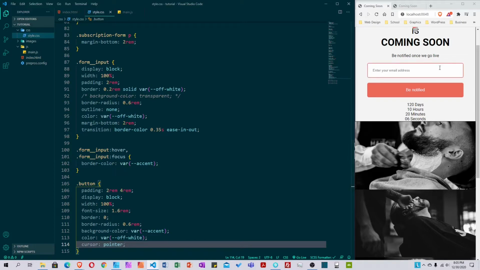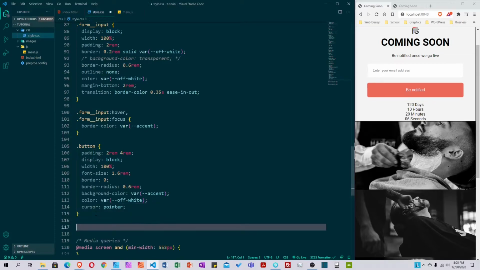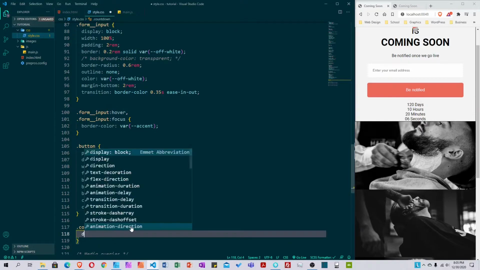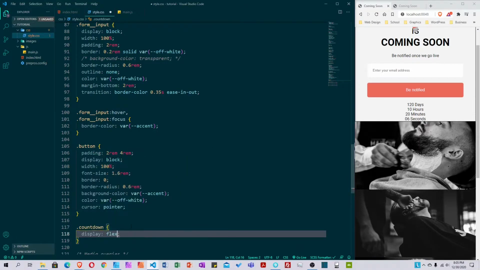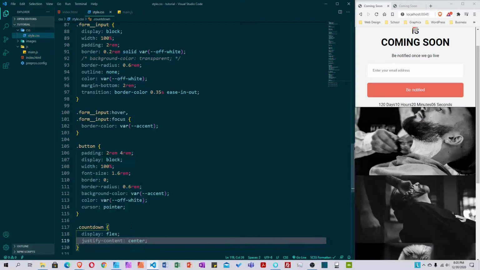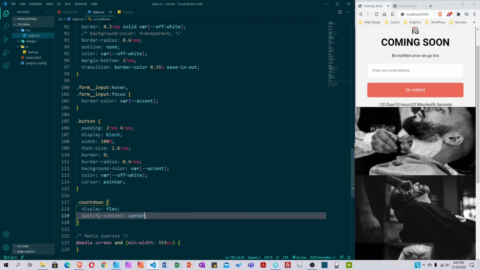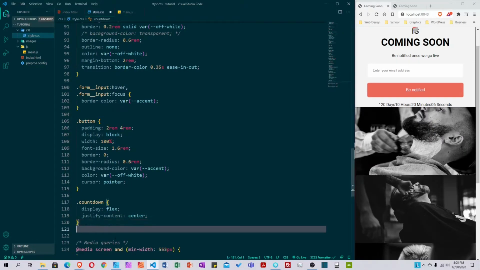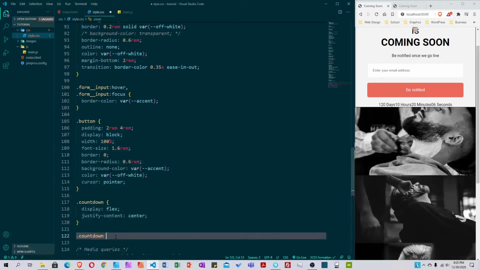Now that's the form for now, and let's move on to the countdown. So I come down here, choose countdown. It will wrap around all of this. So I say display flex, justify content to be centered. Now as you can see. Now I need to style each one of these boxes. So I say countdown box,